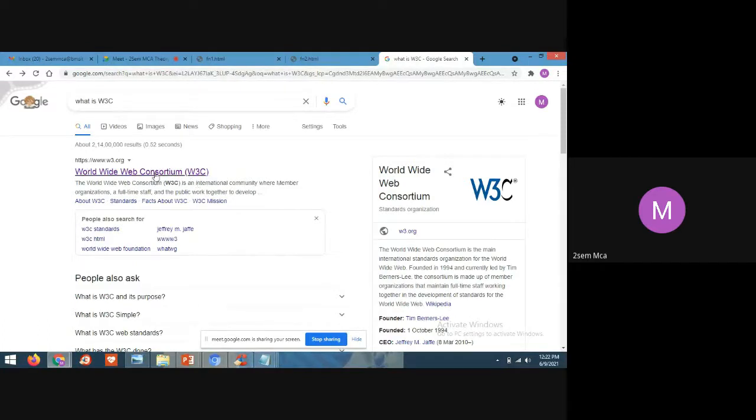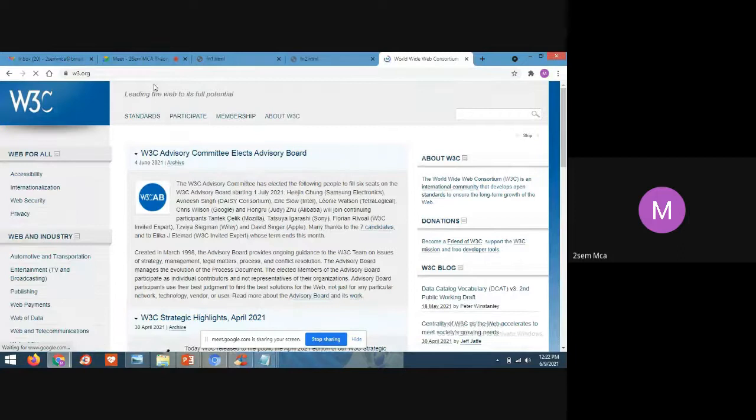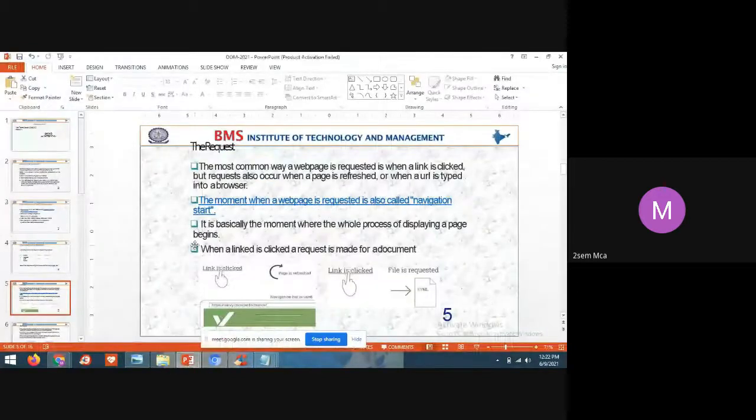But when I put my mouse pointer on World Wide Web Consortium, W3C, it shows the navigation. When I click on this, it goes to the detailed page. Correct?